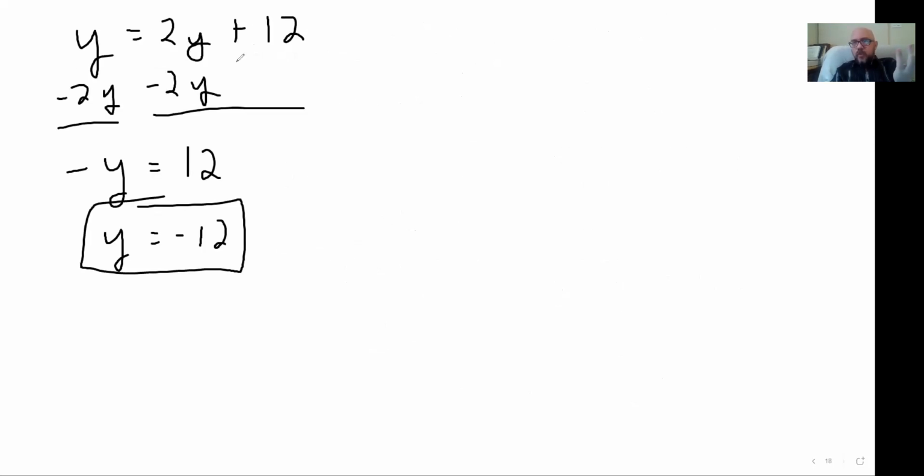But it's entirely possible to get one of the variables to cancel out, and then what you've got is a horizontal or vertical line. If I wanted to graph this, there's no need to pick points or try to identify a slope or anything like that. What you really want to do is just memorize. Remember, y equals a number, horizontal. X equals a number, vertical. The thing you really want to remember there is that it's backwards from what you probably